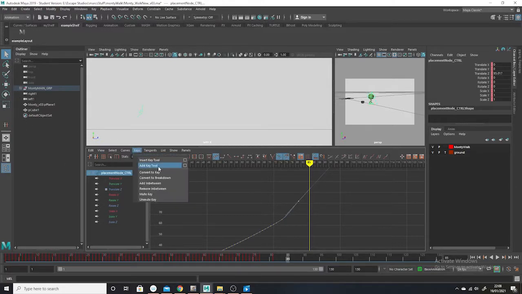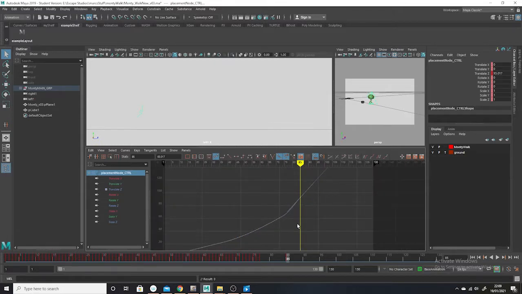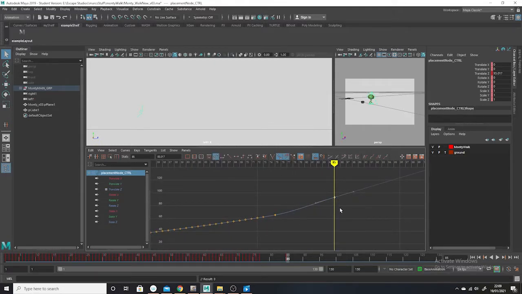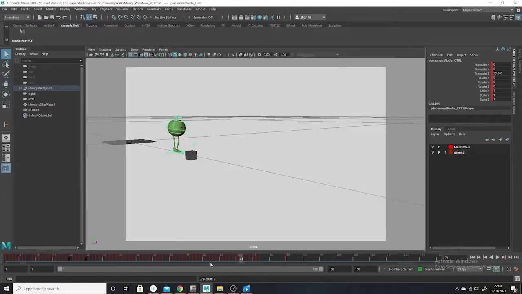And I'll go to keys, insert key tool. I'll put it here, and then make sure it's a spline. And then I'm going to get rid of this. So you see we've got a slightly more gentle curve each time. Yeah, like that. And I'm going to go like this and see what that looks like. Right, and gradually we're getting towards it. So now it still looks a bit jumpy, but part of that is also